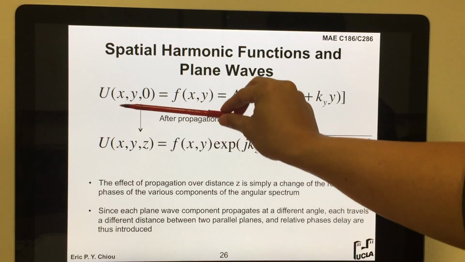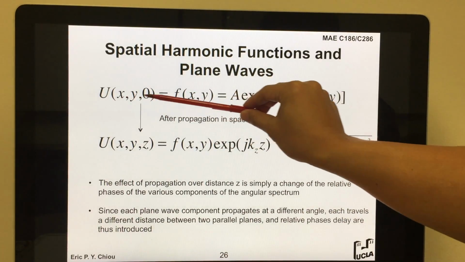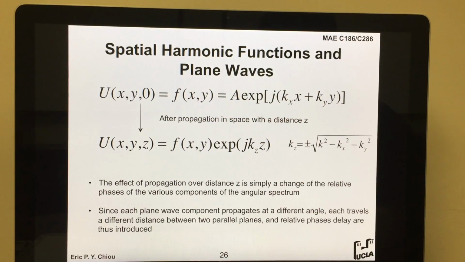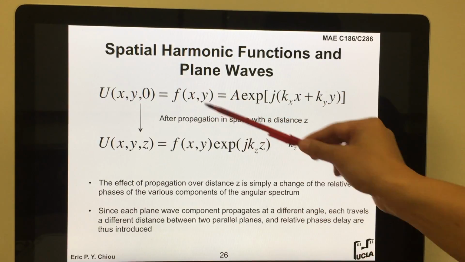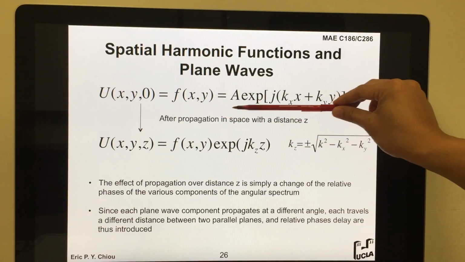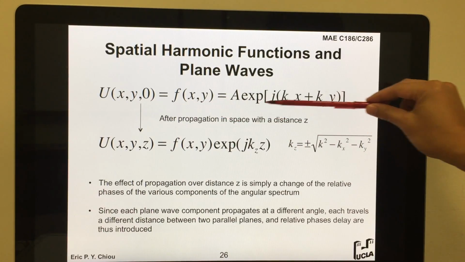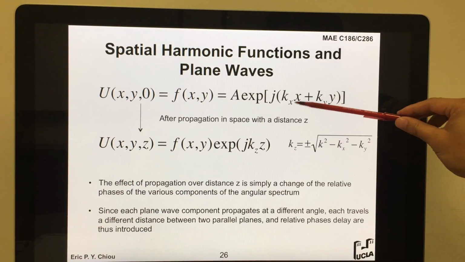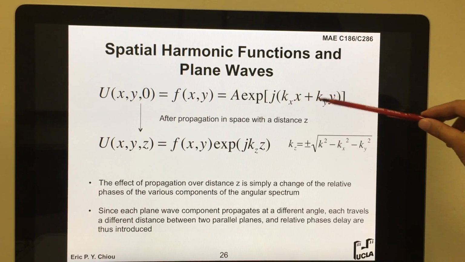In that z equal to 0 plane, you detect your optical field has this kind of expression, which is simply a plane wave expression